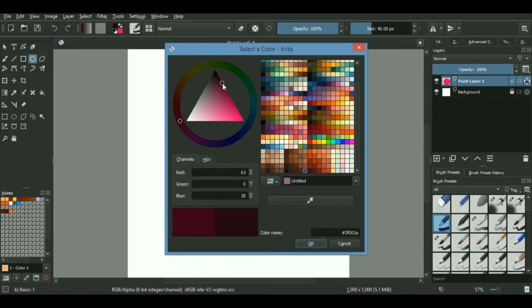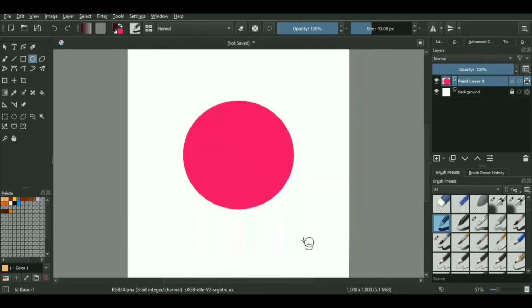So here in my case, first of all, we will be working on the shadows. So select a darker version of your color. If you feel like changing the hue a little for your shadows, you can do that. You can feel free to do that.